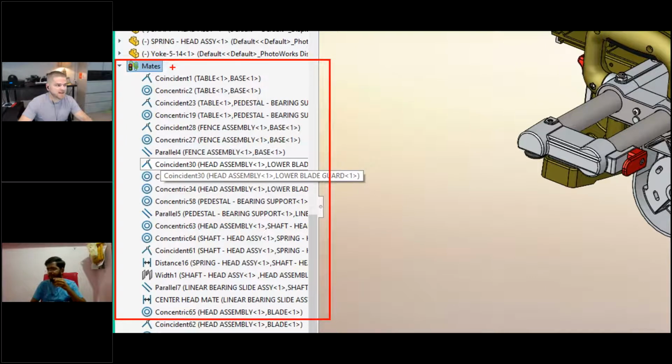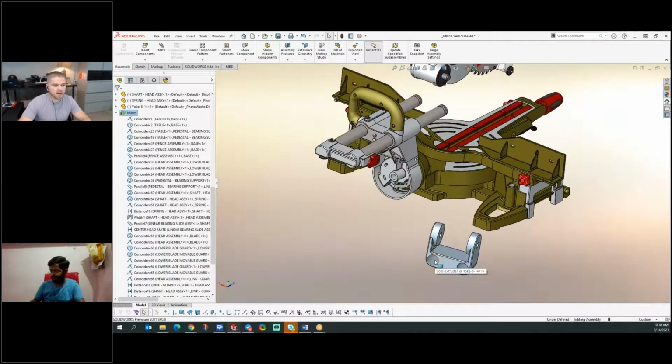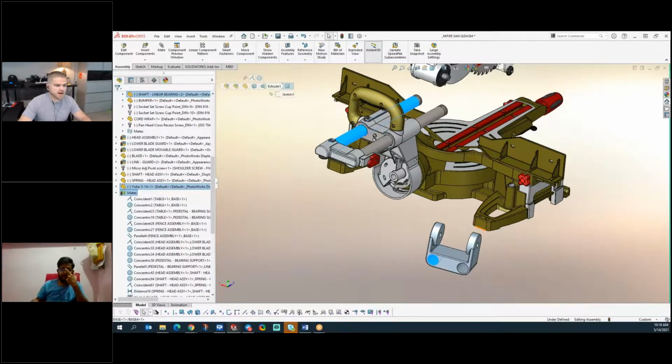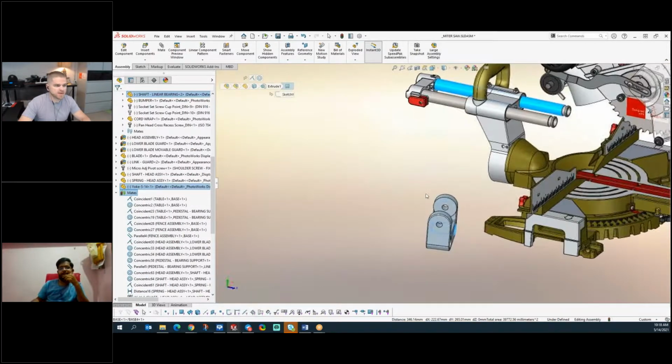And again, you're seeing this term up here, this mates folder. And that mate is the rule, or the connection from one part to another in SolidWorks. So let's create a mate between this cylindrical face and this cylindrical face up here. If I pick that face, hold Control, and pick that face, SolidWorks again will see those two faces and